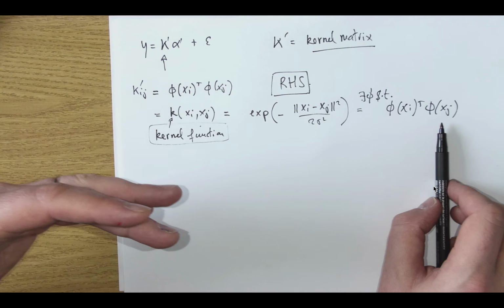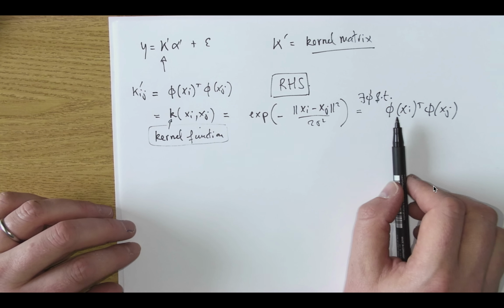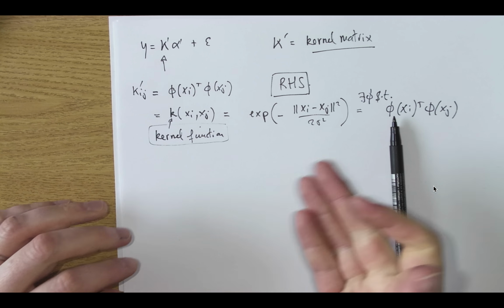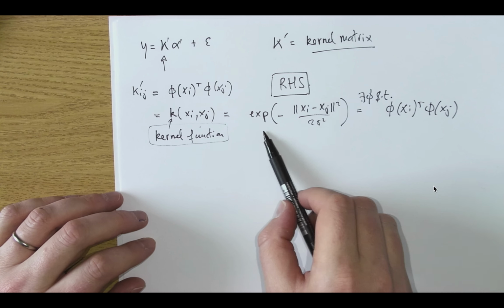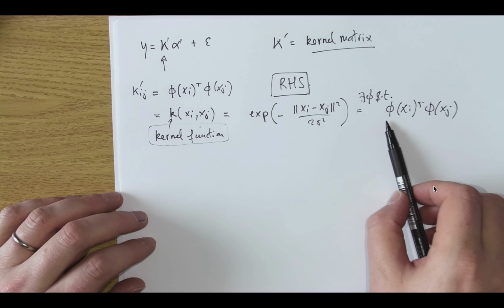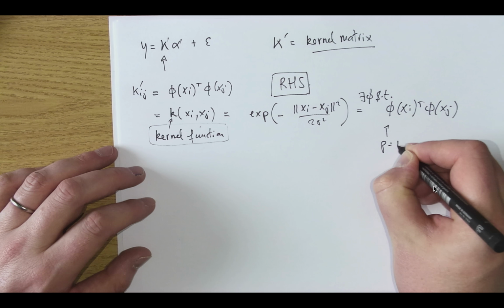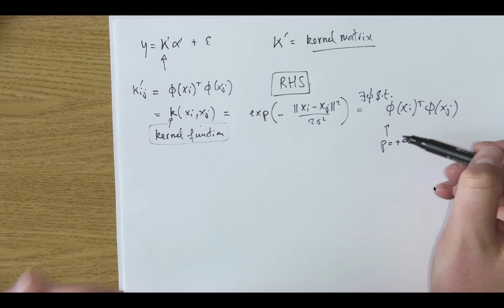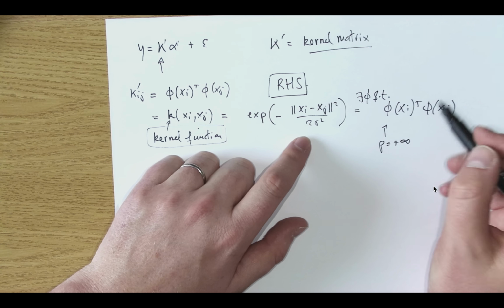Now, what is phi? Well, that's the thing. Okay, so you don't need to know what phi is. Phi, actually, in this case, is of infinite dimension. So this is a well-known function, so we know exactly what phi is. But phi is actually of infinite dimensions, so it means that to make that work, to get to that nice exponential, you need to transform